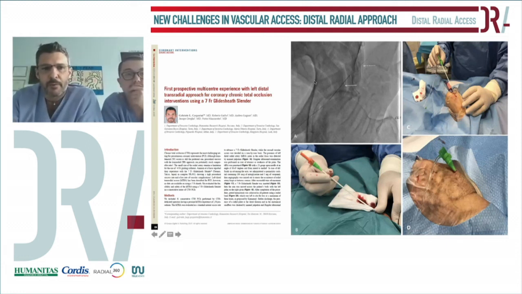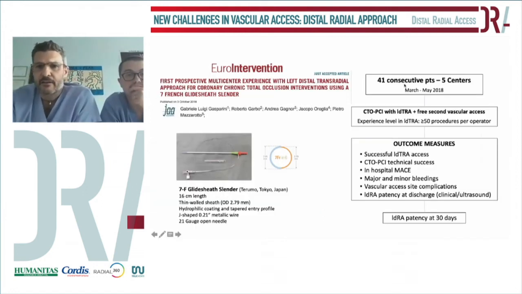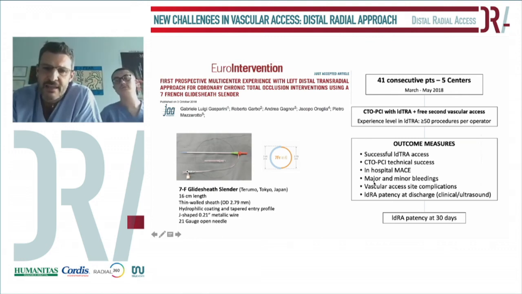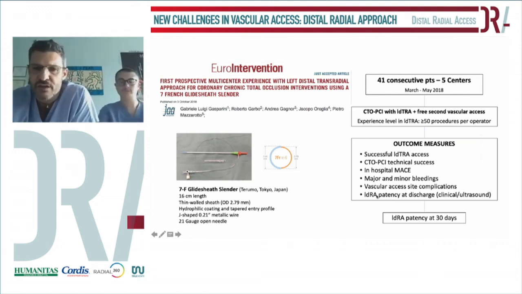And this is the paper that we published in EuroIntervention 2 years ago. We collected 41 consecutive patients, sorry, I said 42, but the patients were 41. And we would like to evaluate a successful left distal radial access in terms of rate of crossover, the technical success that we achieved in these patients, evaluating in-hospital MACE, major and minor bleedings and vascular access site related complications. And then for this reason, we used ultrasound evaluation to study the left distal radial patency